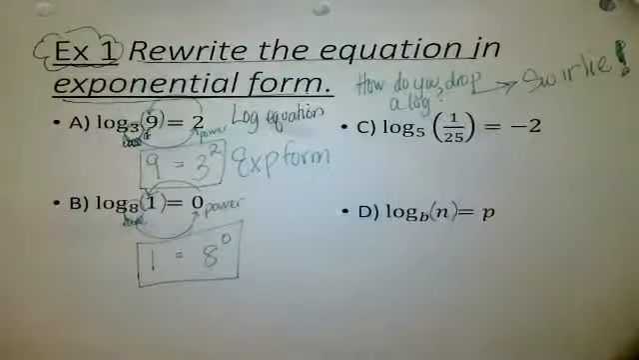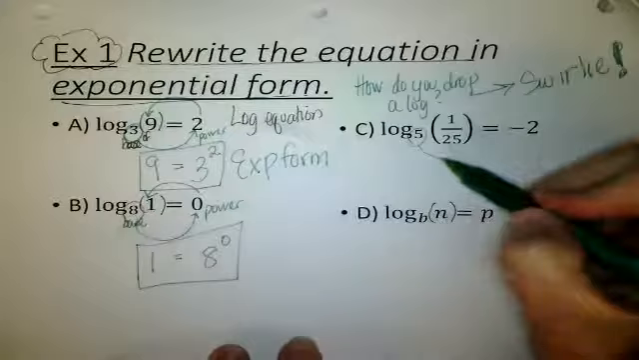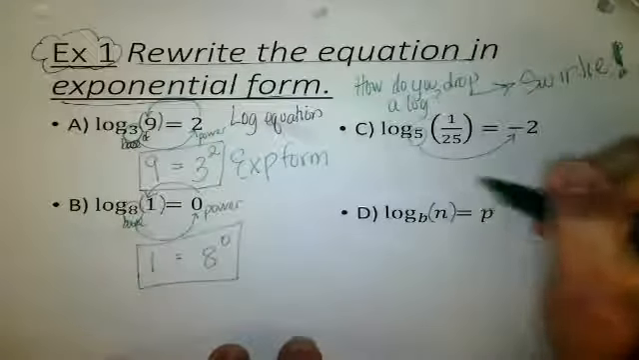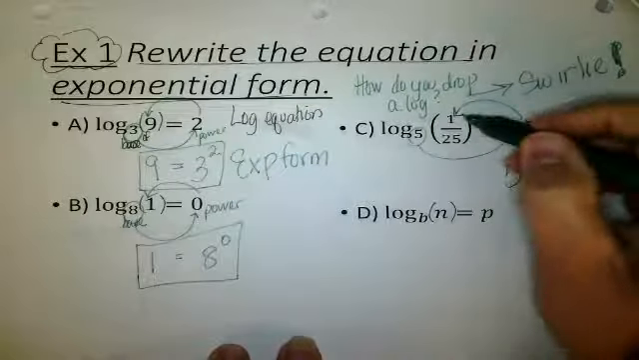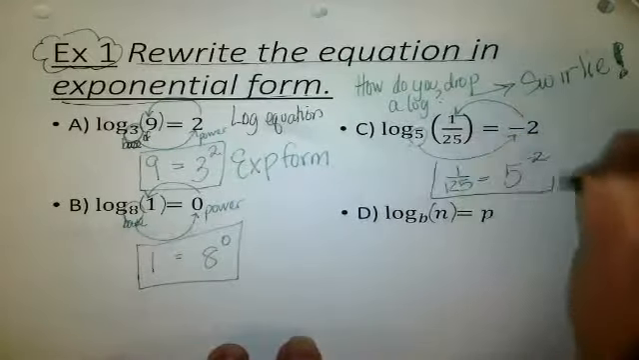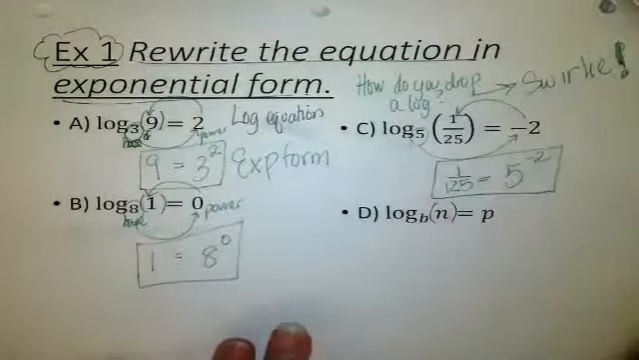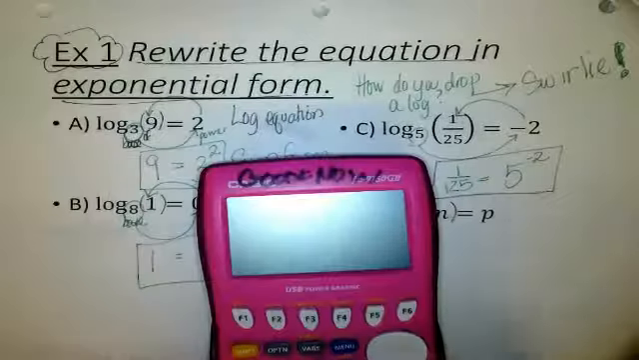Letter C here, log base 5 of 1 over 25 equals -2. How do you drop a log? Swirly. Yes, so we start with the base, we circle around, and we pick up our power. 5 to the -2 power equals 1 over 125. Does it? Does 5 to the -2 equal 1 over 125? Yes, it does. And again, you can always check